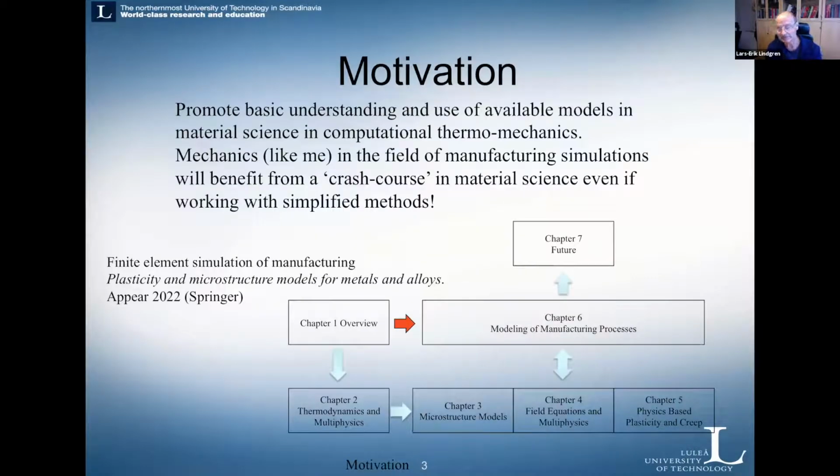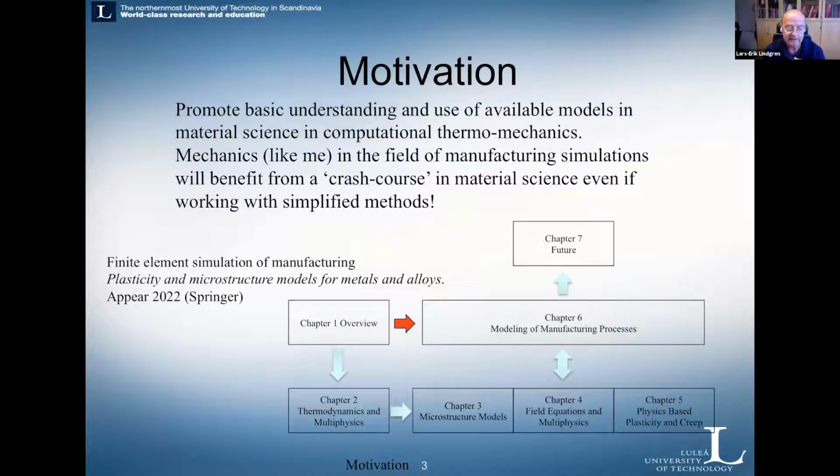So the motivation is basically what I have to do myself. I have to learn a lot of material science. I'm mechanics in the beginning and started my PhD in welding, and I had to learn words like phase changes, etc. So my main motivation is that most modelers need to know more about material science models, because we have a lot to pick up that is available for us to implement in software and in order to improve our